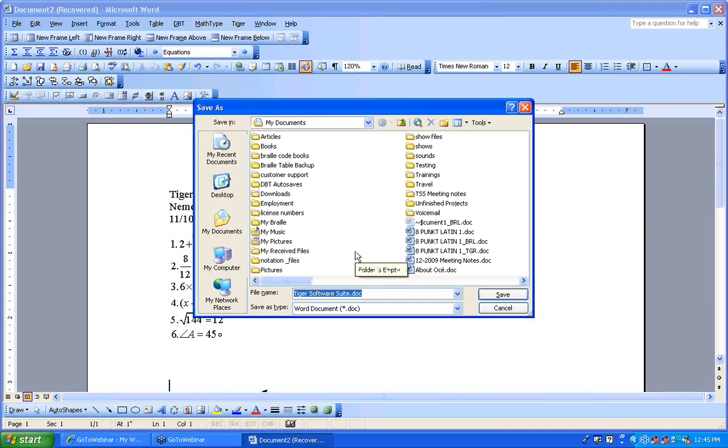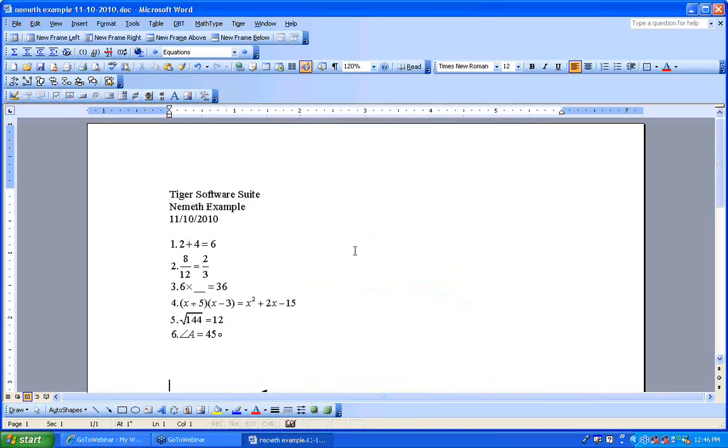No, JAWS is off. Is it ready to save? Yeah. Okay, so I'm just going to type in a file name for this and save it. Let's see. Nemeth example, and I'll put the date .doc. Okay, now I'm going to restart JAWS,